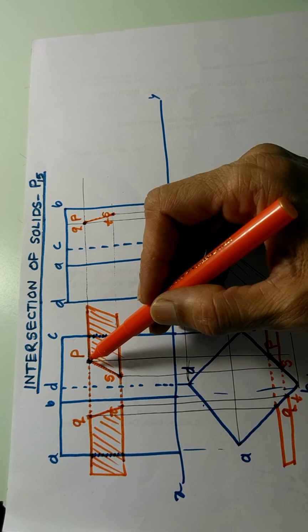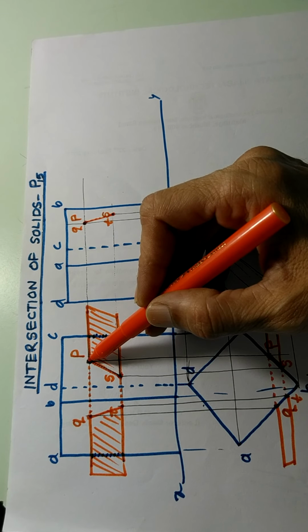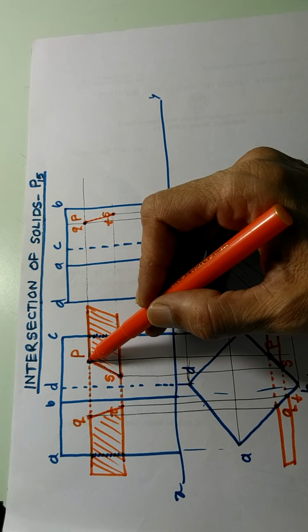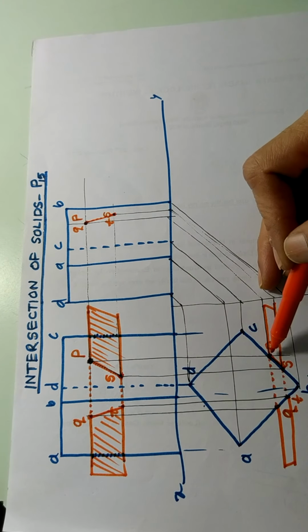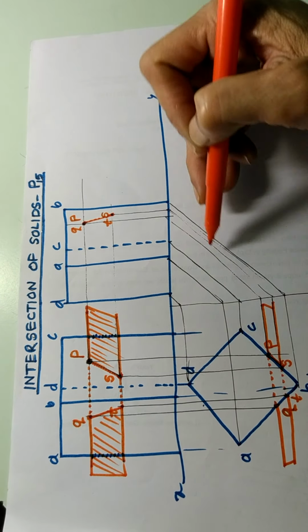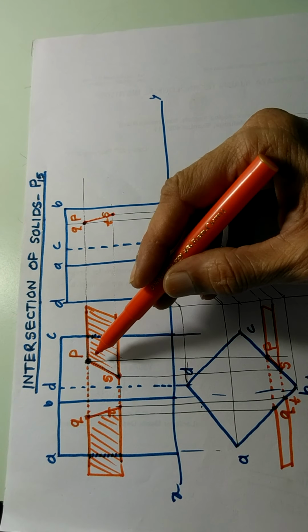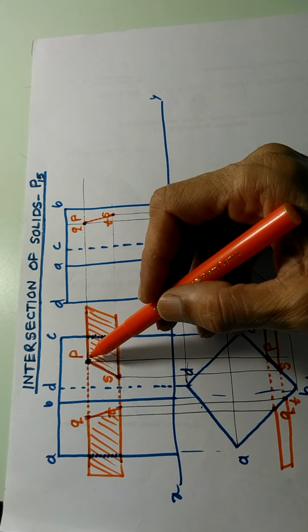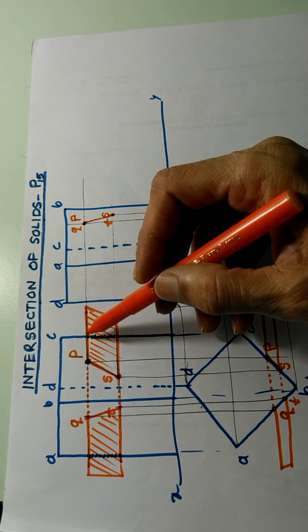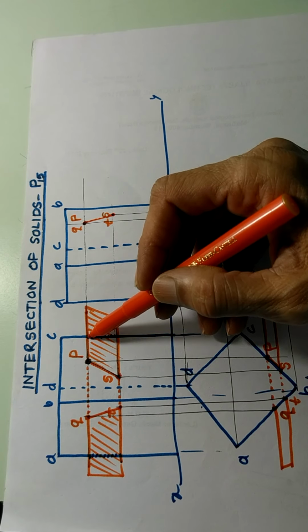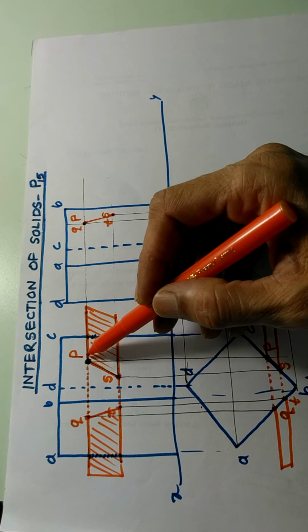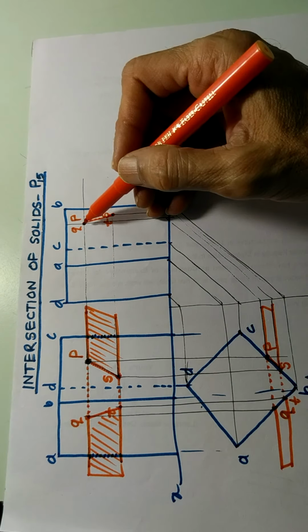What we have done is, we have started with a point P. We marked point P on the solid, and then we have drawn this point P in the other 2 views by making use of projector lines and whatever knowledge we have about projections of points. Then we have extended that point into a line, saying that there is a line which is coming and touching the prism at this point. Then we have drawn this line over here and here.